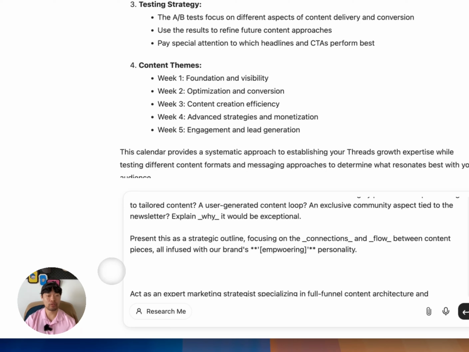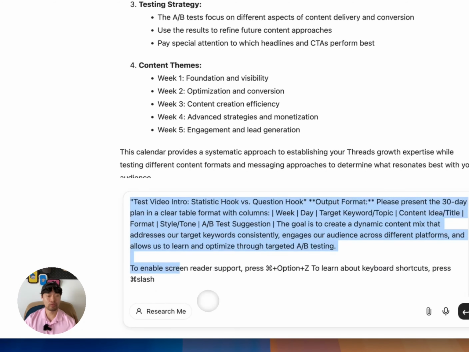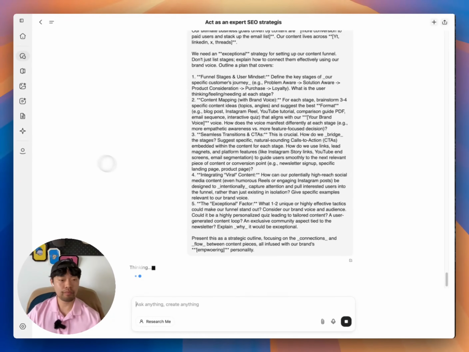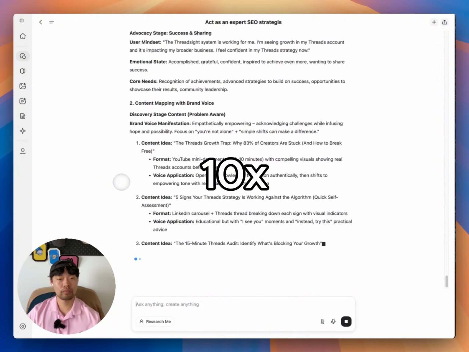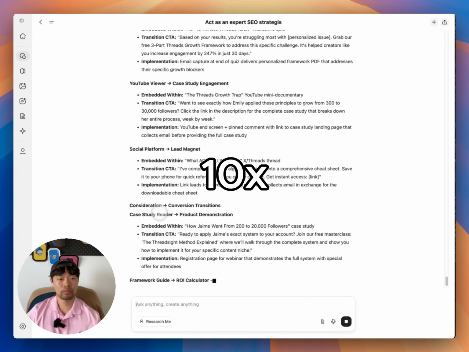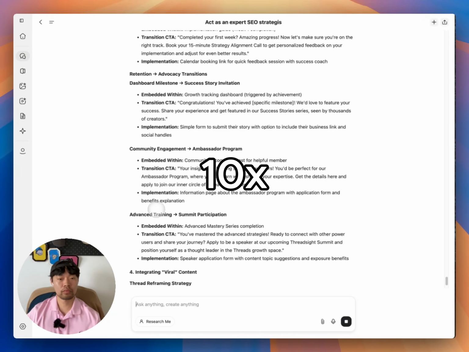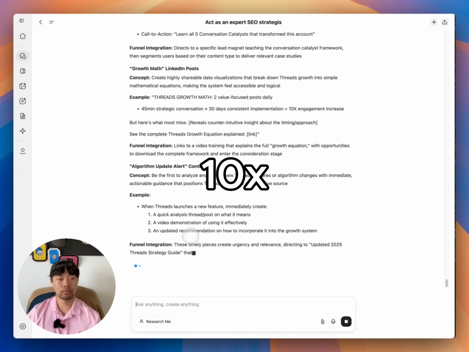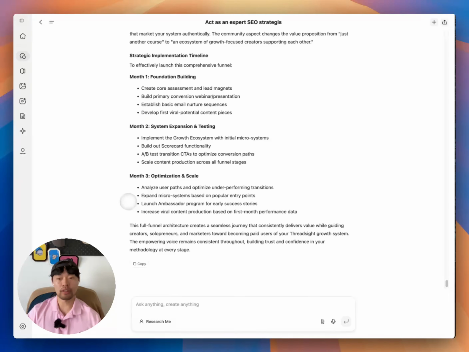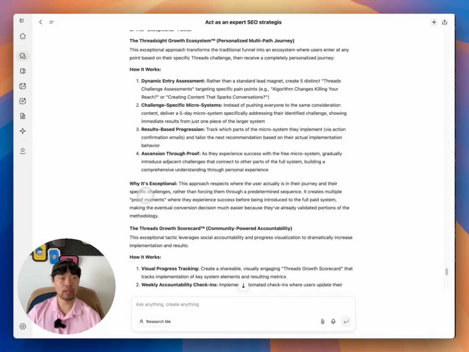Then you just need to enter, wait a little bit. Finally, so let's go up.